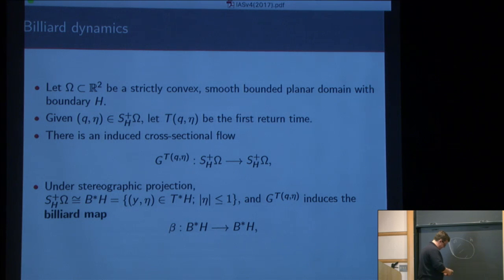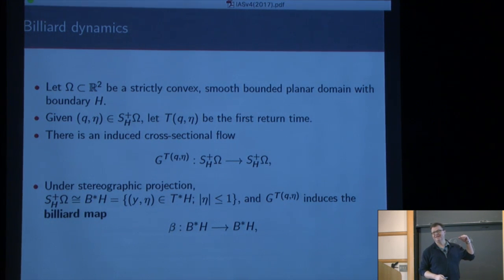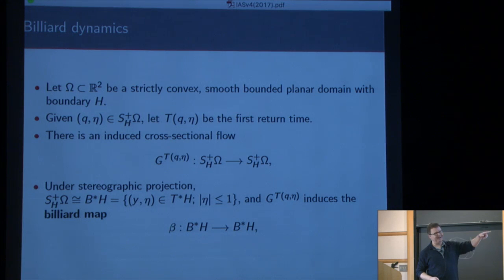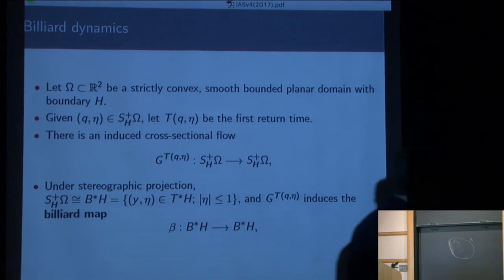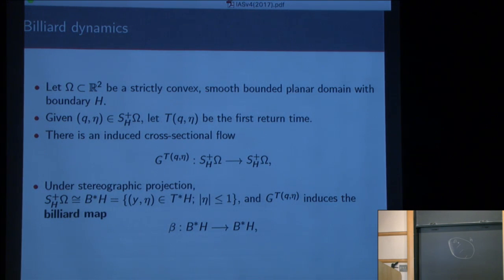Right, there's omega and H. Are you now restricting to the inside of H? Yeah, it's inside of H. It's a different omega. Let me call it omega sub H, okay? It's a different omega than the omega there. So H is just the boundary of some domain omega, so let me rub this out so there's no confusion.